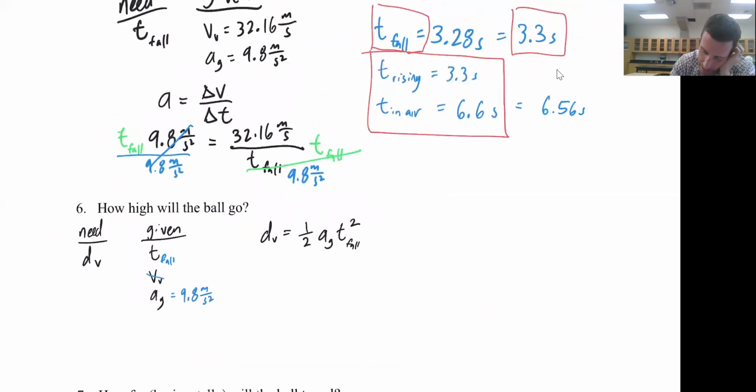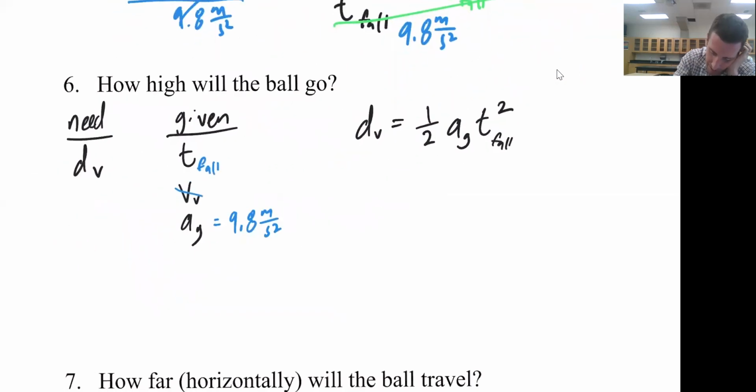And that is 3.28 seconds. Okay, so now it's just a matter of plugging in my values. I have the vertical distance is equal to 1/2 times 9.8 meters per second squared times the falling time, which was